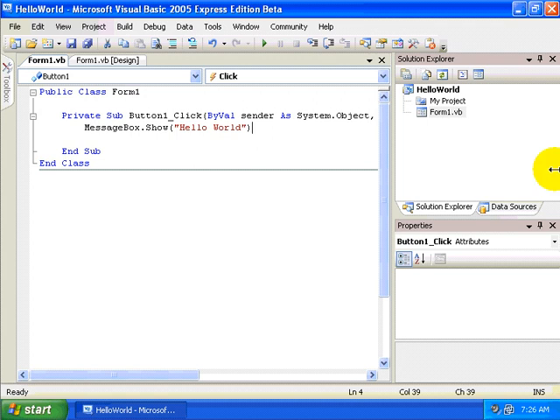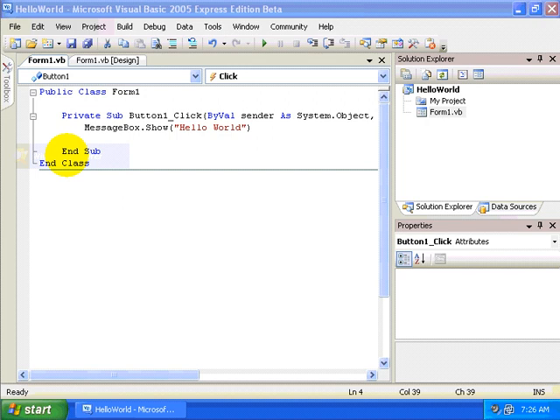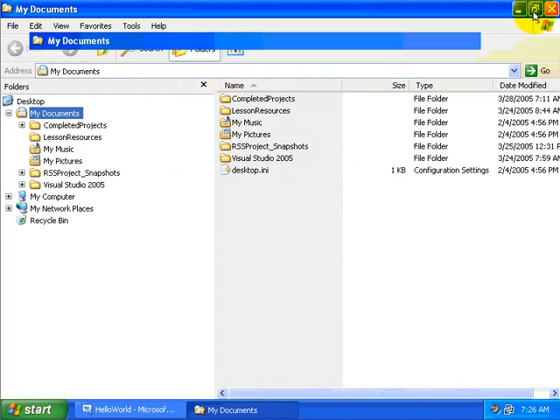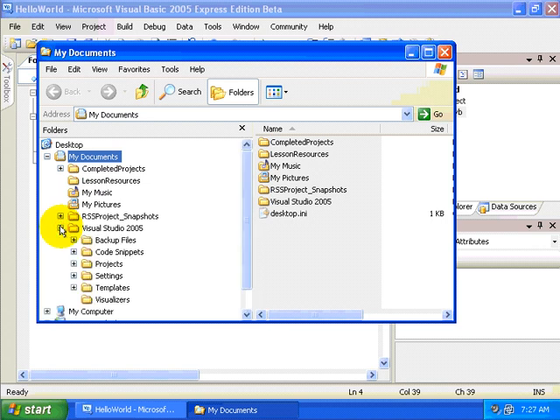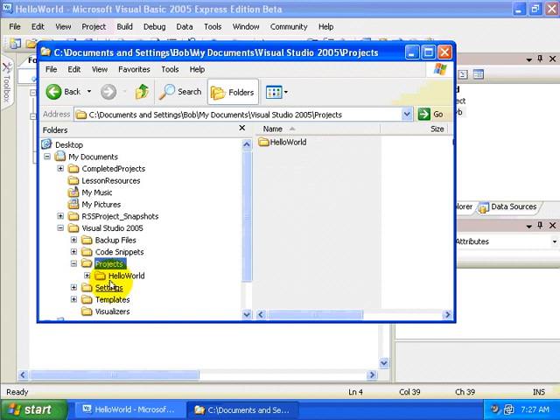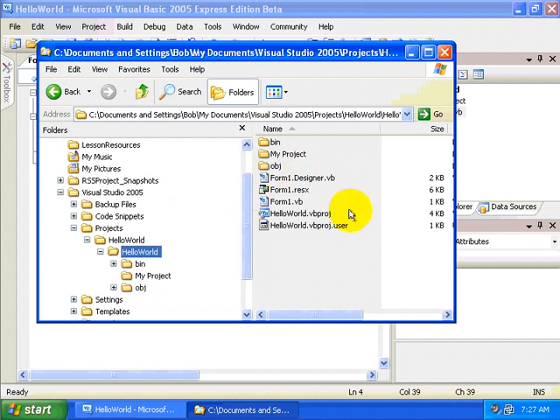So let's do this. Let's go to our file system using Windows Explorer, and let's take a look at where our source code is saved on our hard drive. Notice that I'm in the My Documents folder, and if you recall, we saved it into the Visual Studio 2005 folder in the projects folder. Notice when we look at projects, we see the Hello World folder. So I'm going to drill in there and notice that we have all the files that are used within our